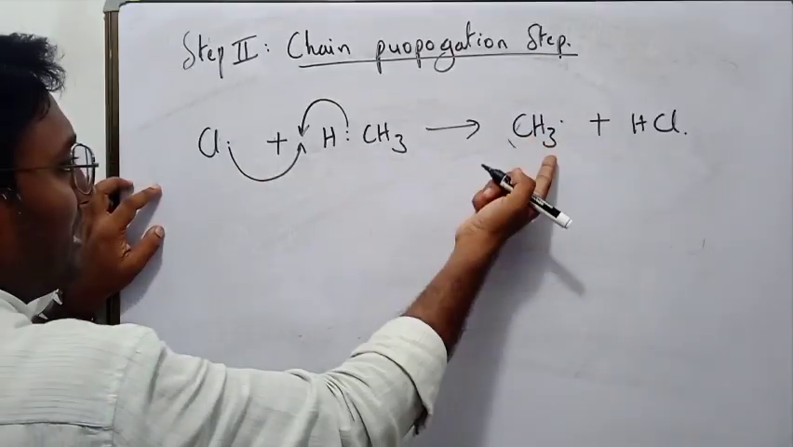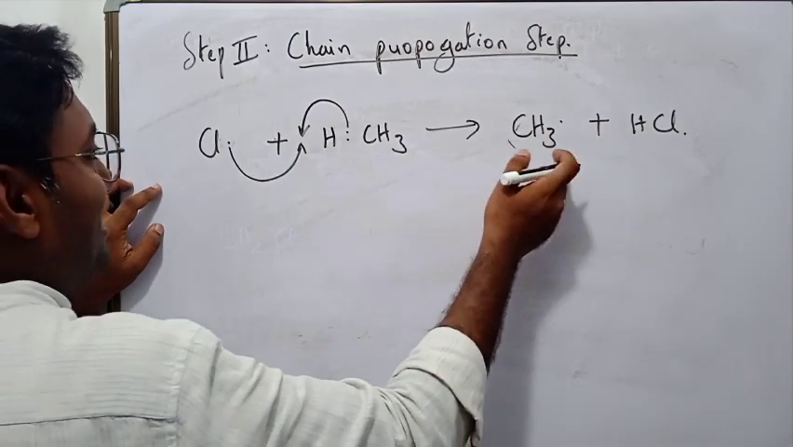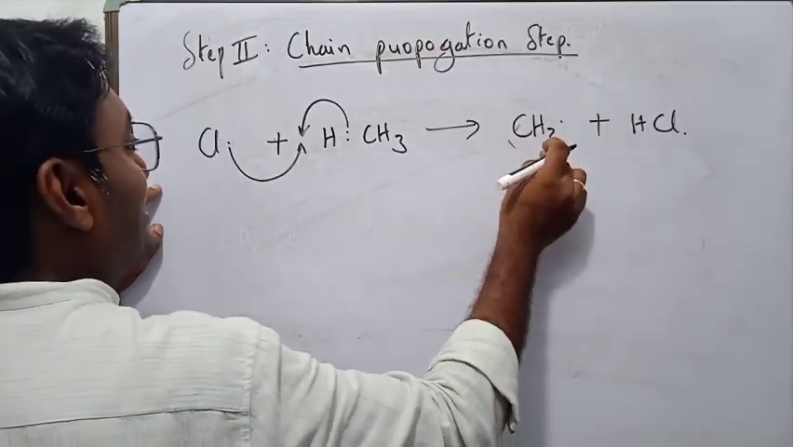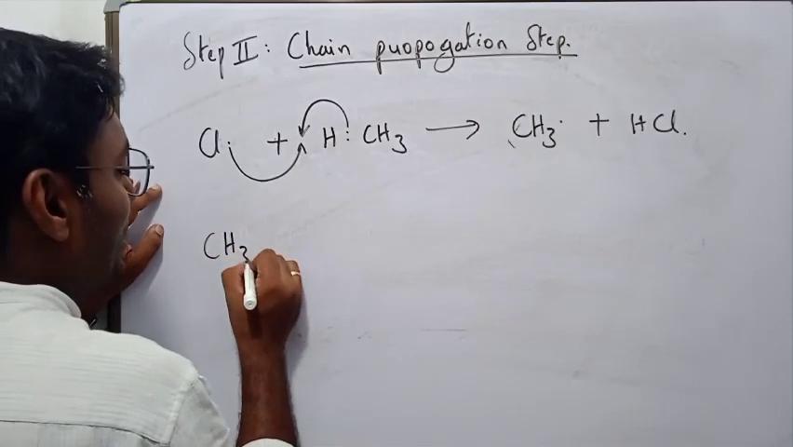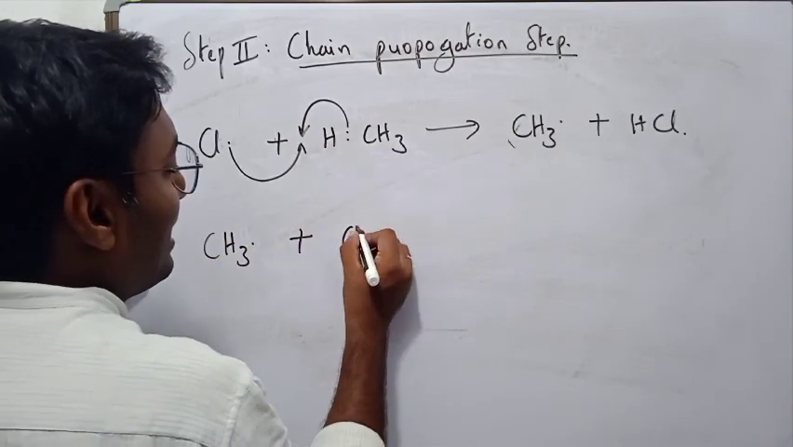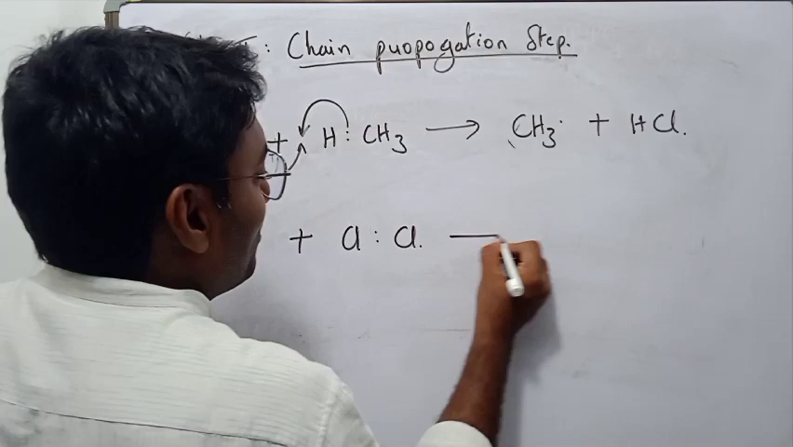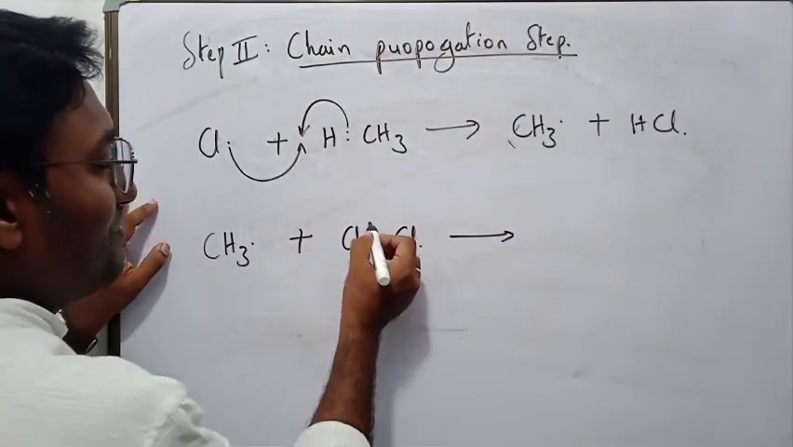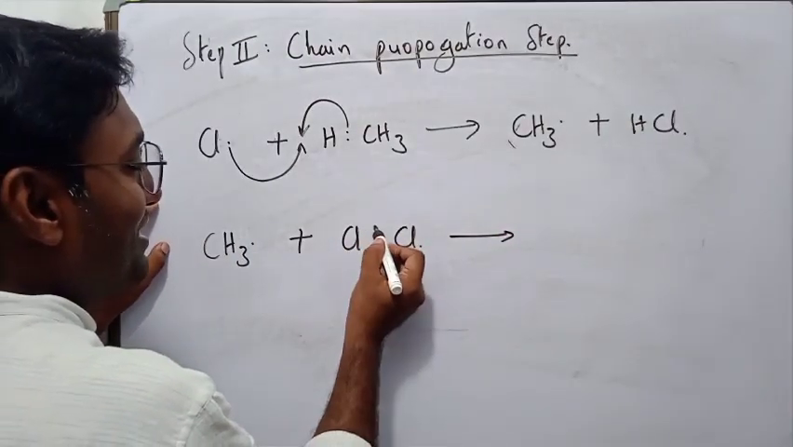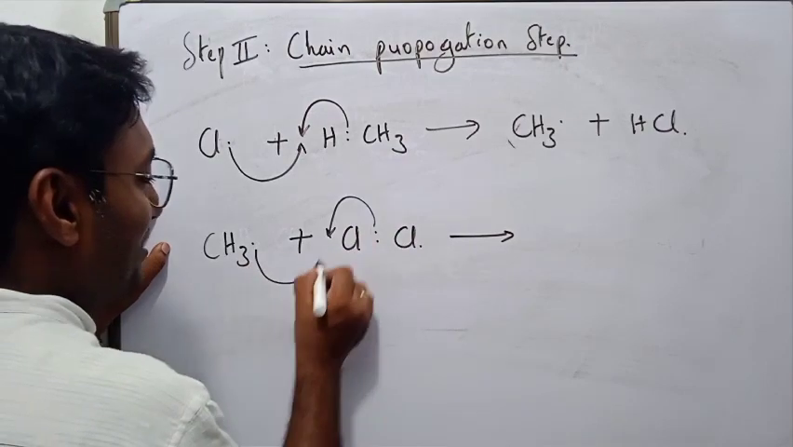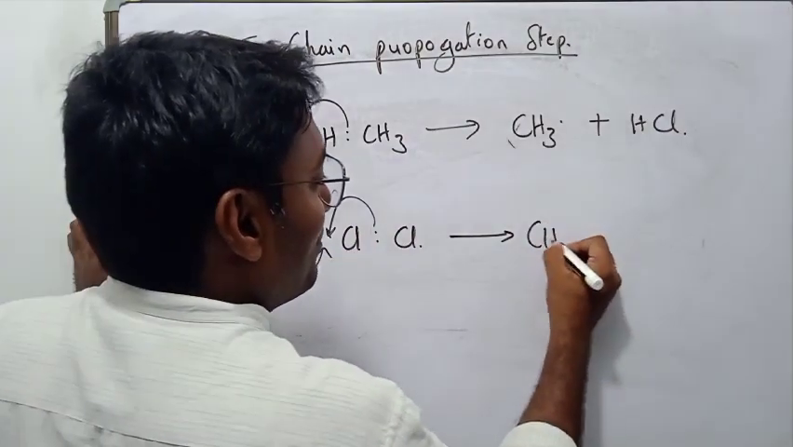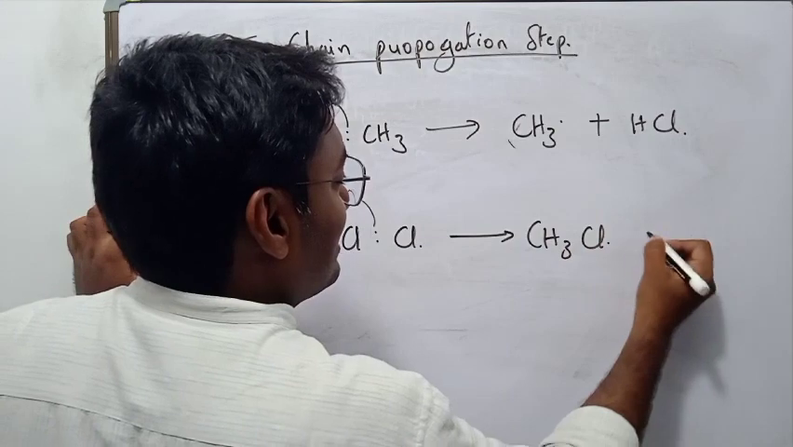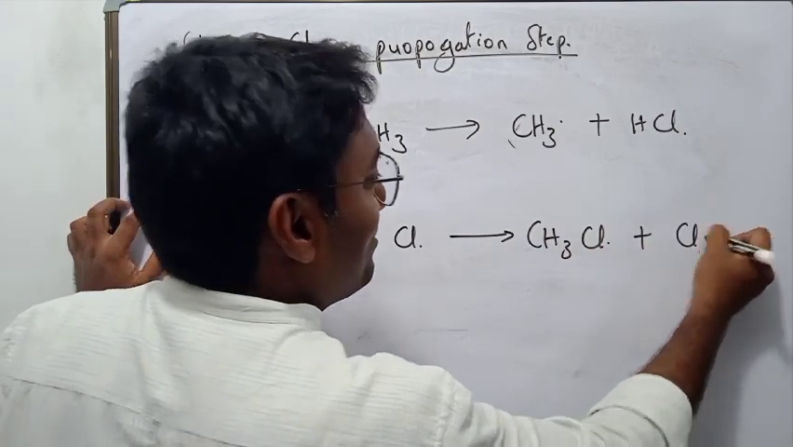Do you think the methyl free radical will sit like that? No, it's also very reactive, being a free radical. So what it would do is take an electron from the chlorine molecule which is in the system. It is also in the system, correct? So it would take that electron and they will form one entity, CH3Cl, and we get the chlorine free radical here